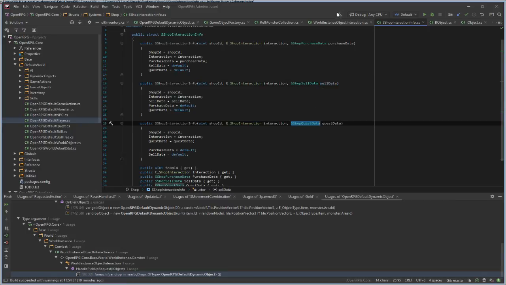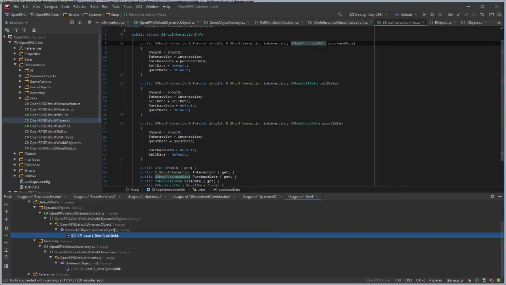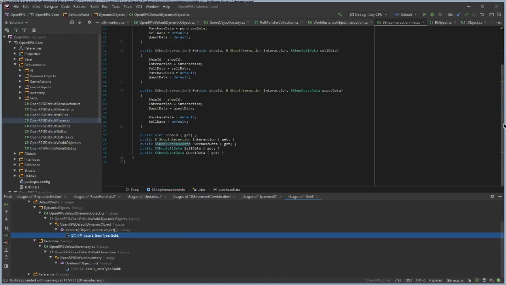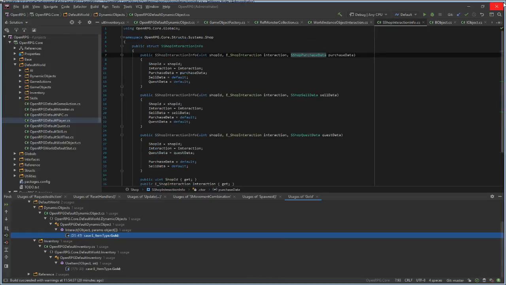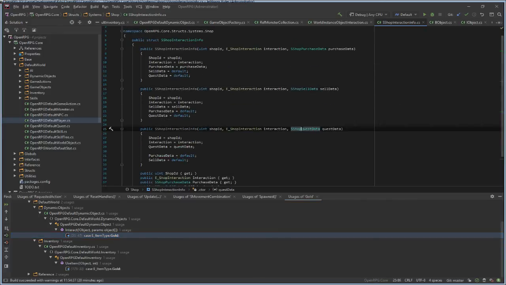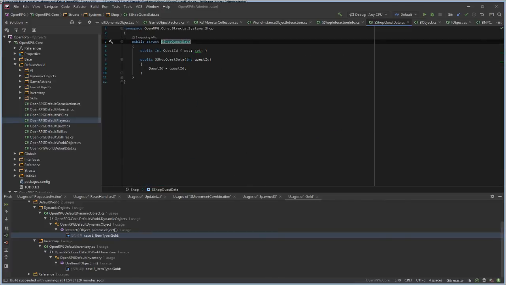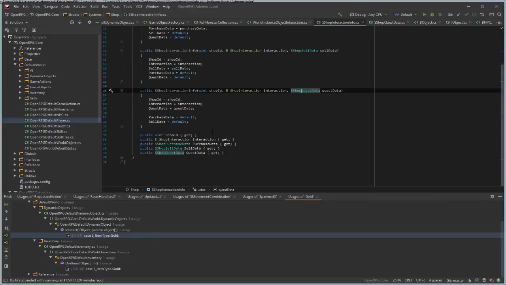And if you want to buy an item, you can give it the purchase data. However, I have no idea how to pronounce it. And if you want to get more information about a quest, you just send in the quest ID. It's as easy as that.